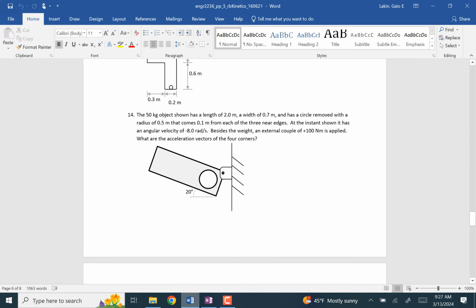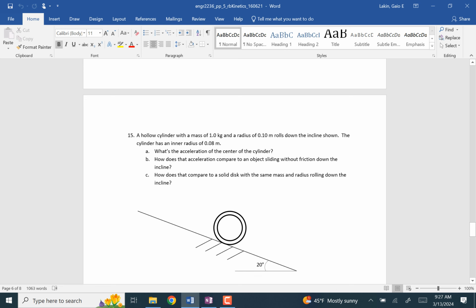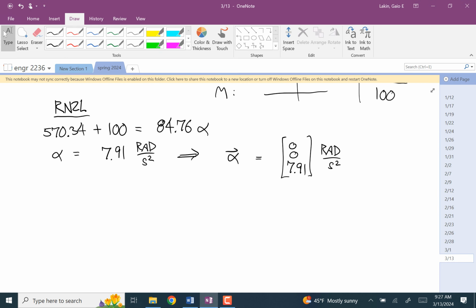And then it asks for the acceleration vectors at the four corners. Well, the acceleration at the fixed point is 0, so that's one taken care of. So I guess maybe I won't finish this, but the way that you would